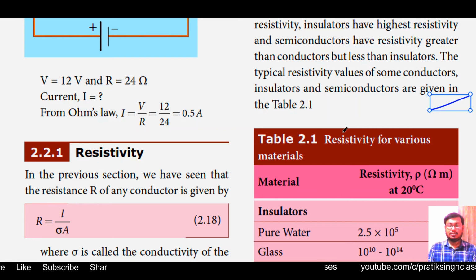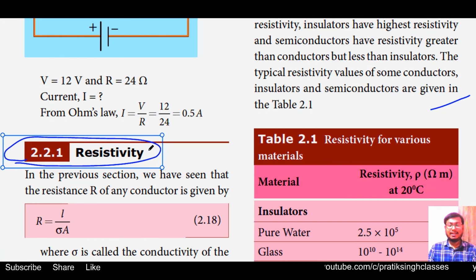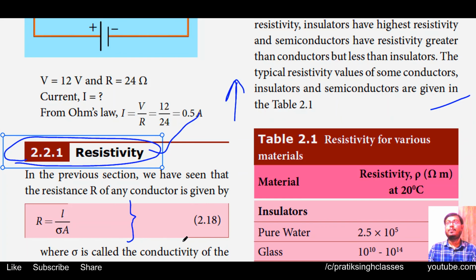In our next tutorial video, we will study section 2.2.1, that is about resistivity. About resistance we have seen right now, and about resistivity we will see in our next video. Then how resistance changes with respect to other physical parameters like current, length of wire, cross-sectional area of wire, and how it is related to resistivity and permittivity, we will see in the next video tutorial.